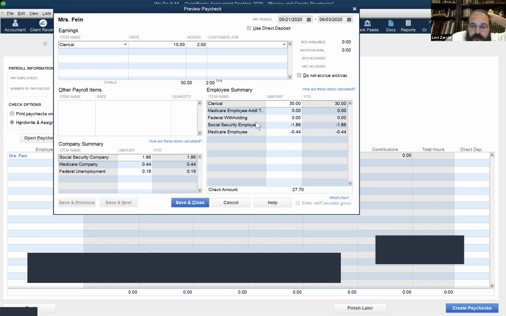So $30 times 6.2 percent is $1.86. If it's 20 hours, it's $18.60. And automatically, I think they seem to put in $5 automatically for every $100. Okay, so that just shows how you could do an employee. Now I'll go back to